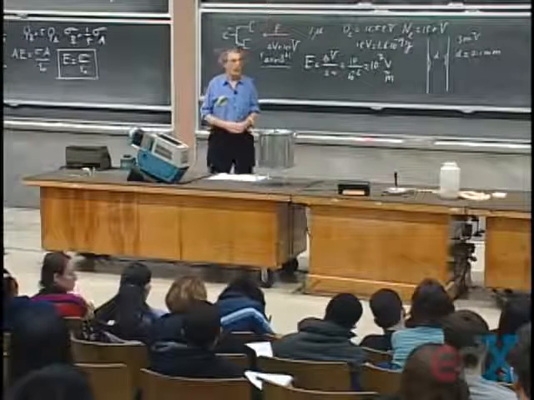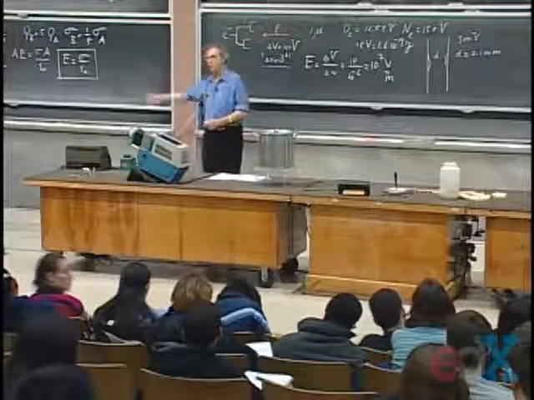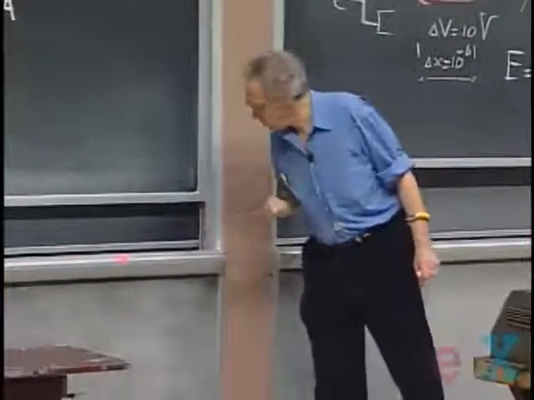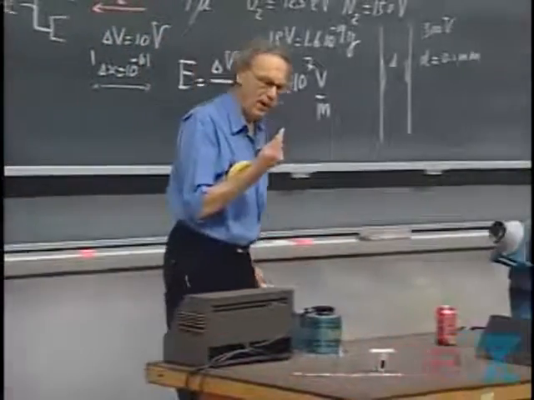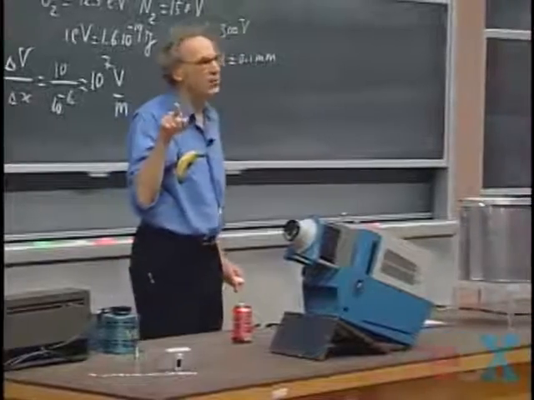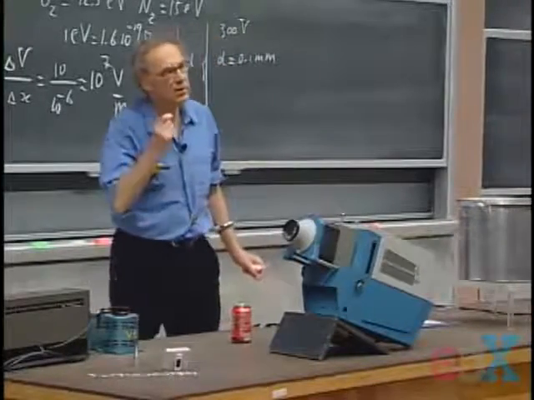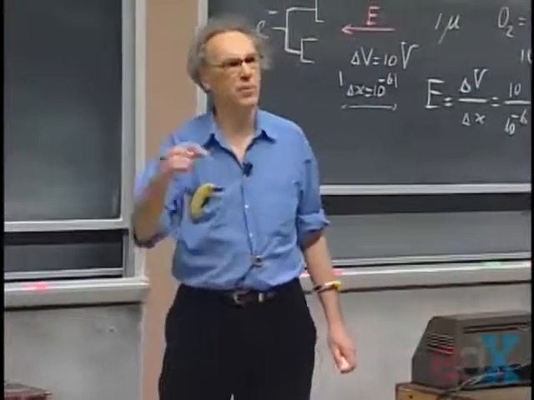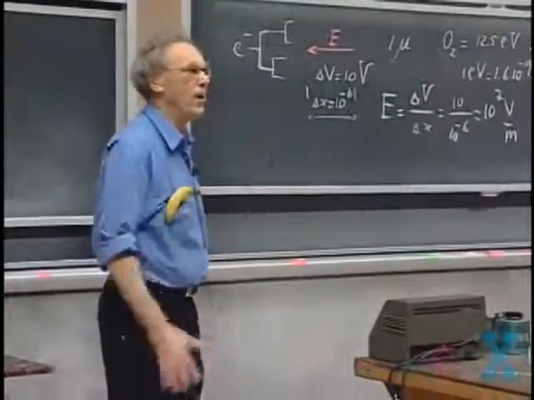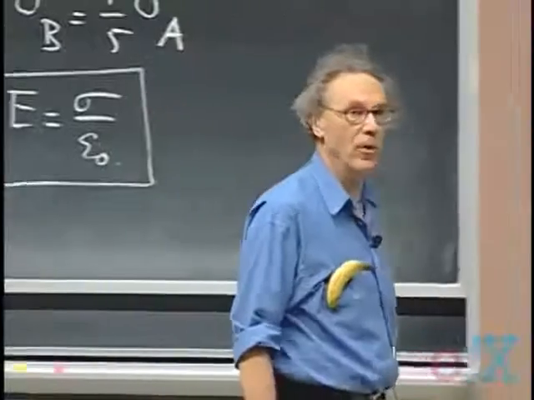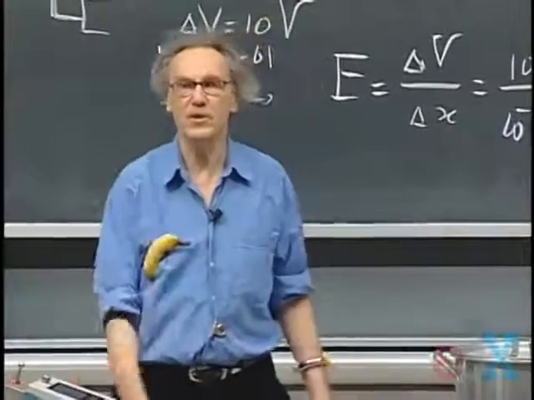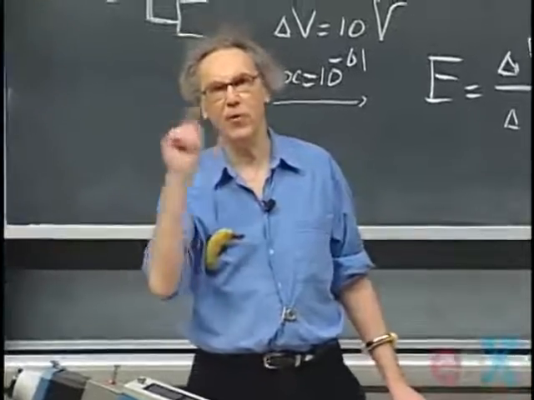However, if you touch the doorknob and you feel a spark, and you see that the spark develops when you're 3 millimeters away from the doorknob, you can be pretty sure that the potential difference between you and the door was of the order of 10,000 volts, several thousand volts at least, because over 3 millimeters it requires 10,000 volts to get to 3